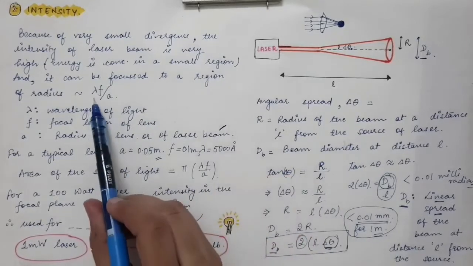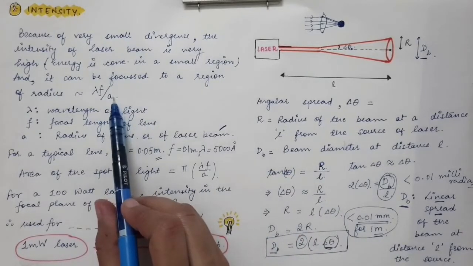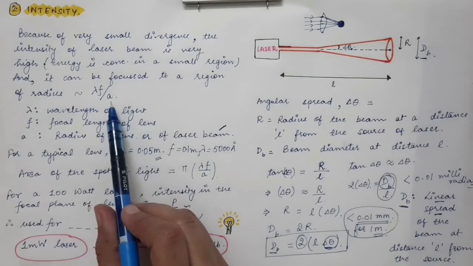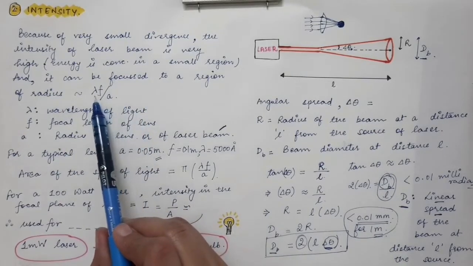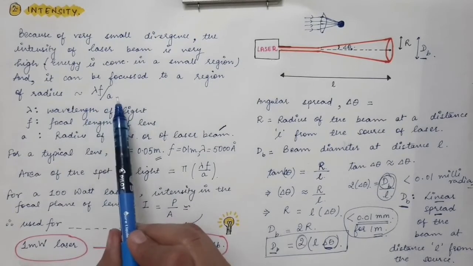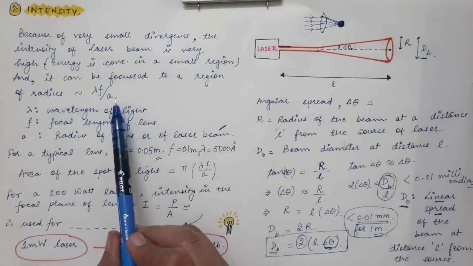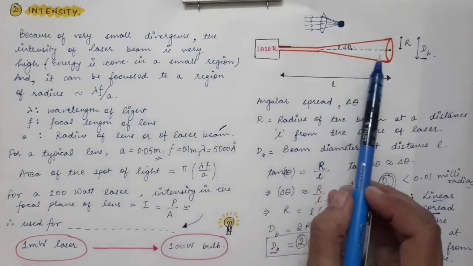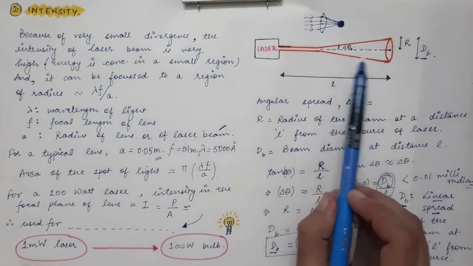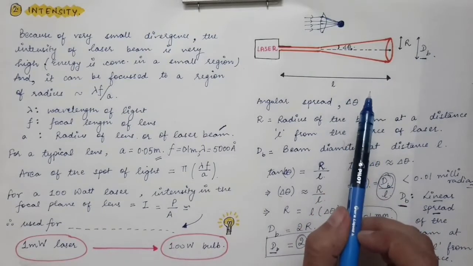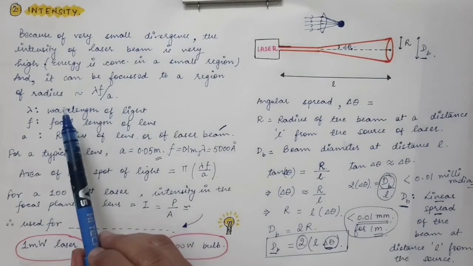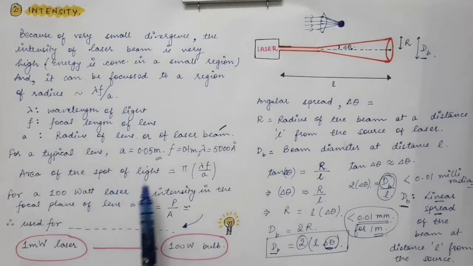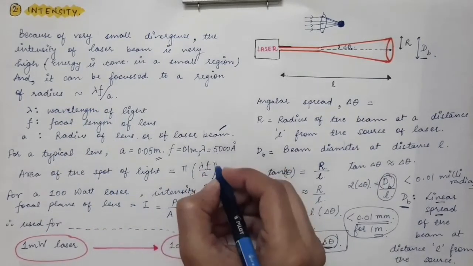And this formula comes from the article of diffraction limited beam, which we did in the previous semester. There we did the concept of diffraction limited beam, and there we also gave the example of the diffraction limited beam, which is the laser light. So the laser light diverges due to the diffraction. So from there this radius of the spot can be calculated, and the area of the spot of the light will be pi r square.